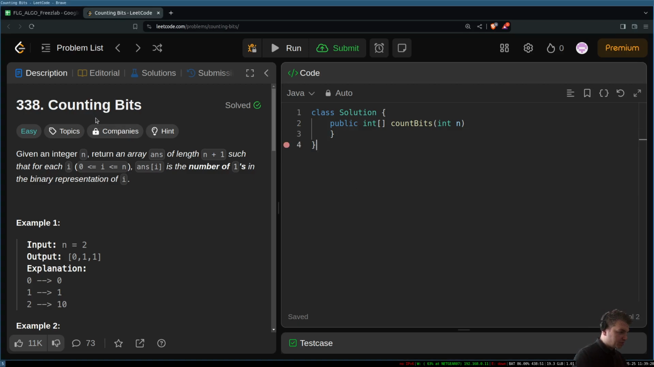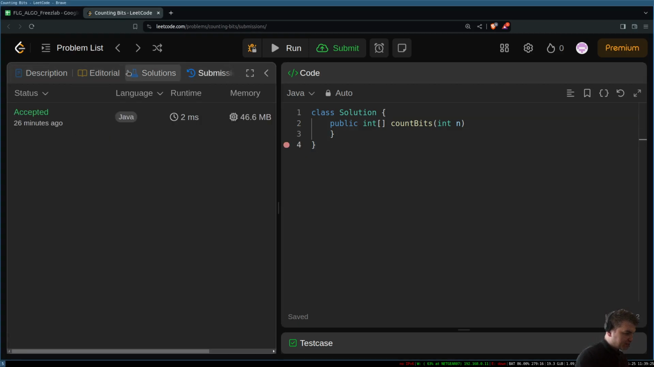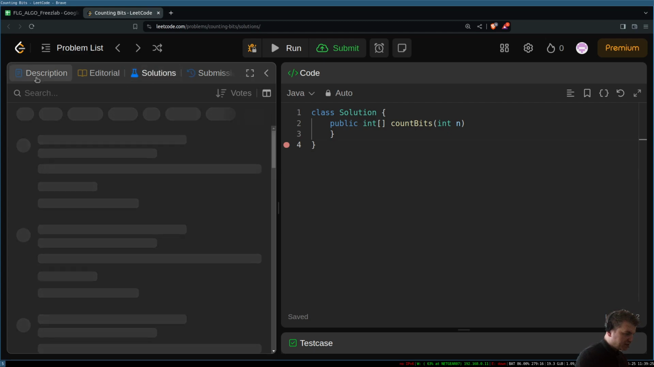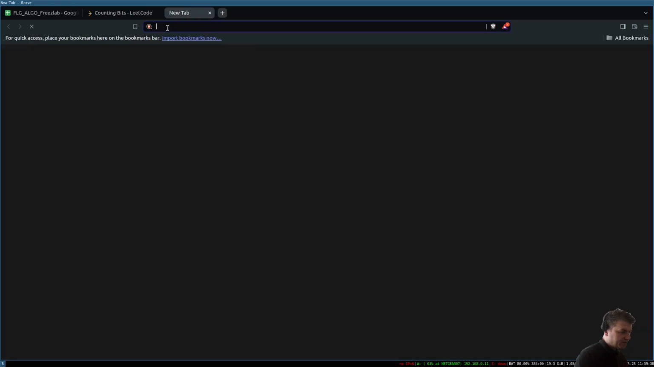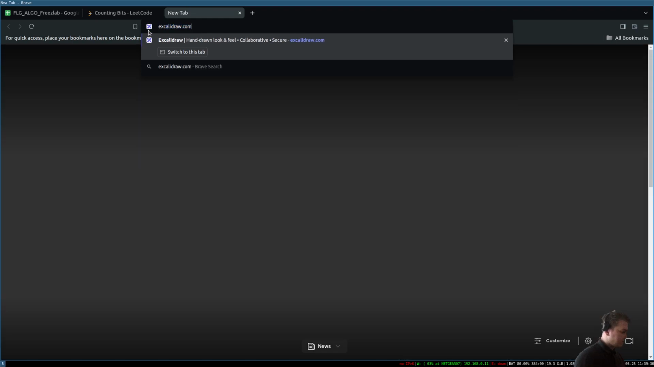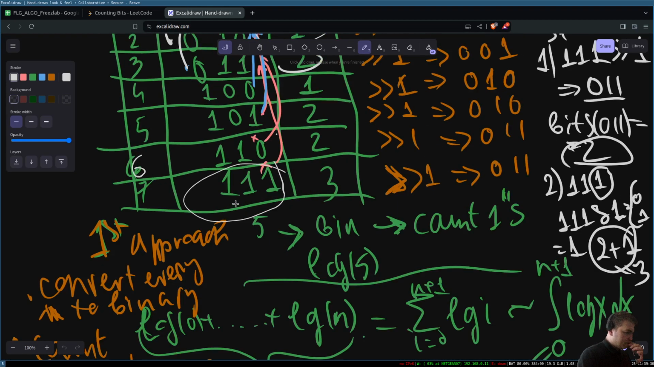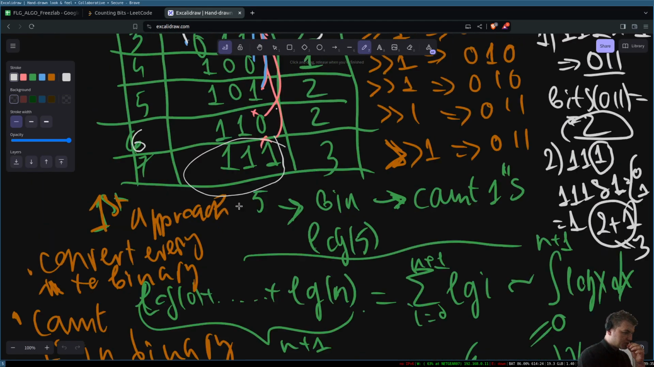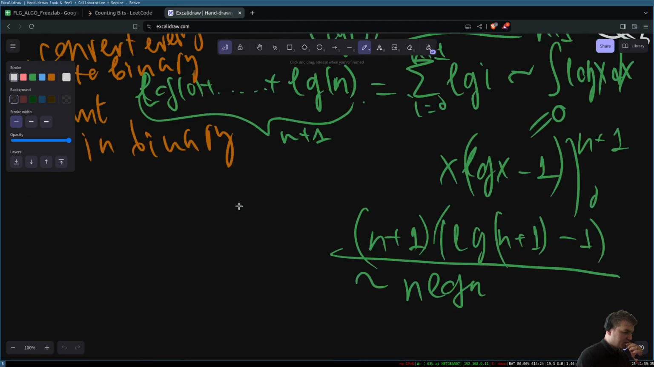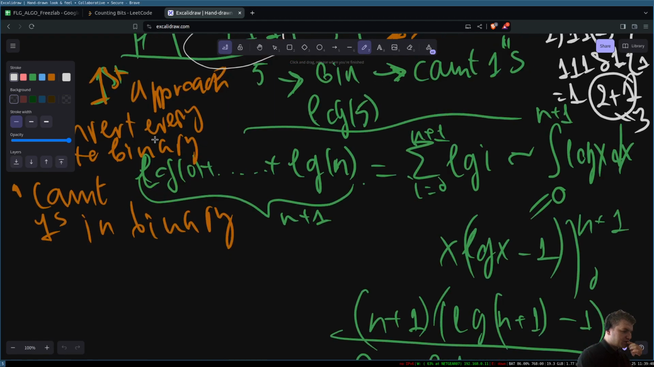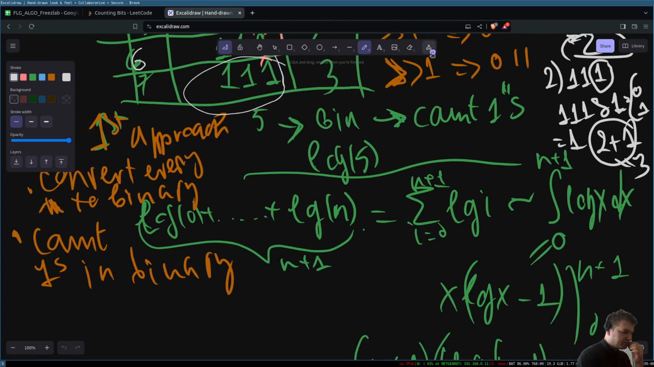Okay, so today's problem is counting bits. I solved it a couple of minutes ago, but the problem is that when recording the video, I didn't turn on the headphones. So, explaining the approach. The first approach is just simple. I can convert